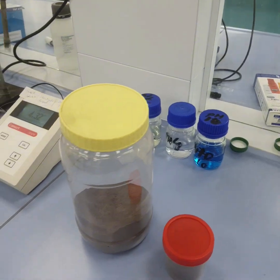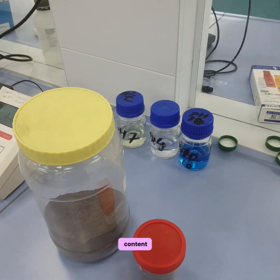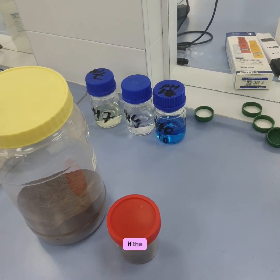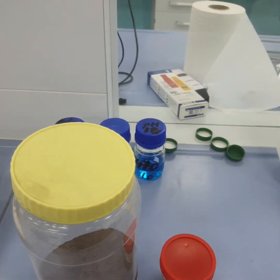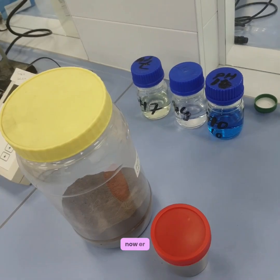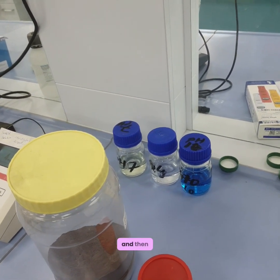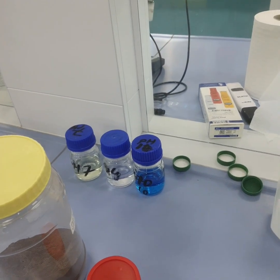of the air dried sample. Also make sure the samples are air dried or sun dried so that there is no moisture content. Then we have to transfer this amount to a conical flask or any kind of vial. If the sample absorbs the water, then in that case we have to add more sample. Usually we can take 20 gram or 10 gram, so here we will take 20 gram in a 15 milliliter beaker or a conical flask, and then we add very pure water, that is double distilled water, and then we will shake